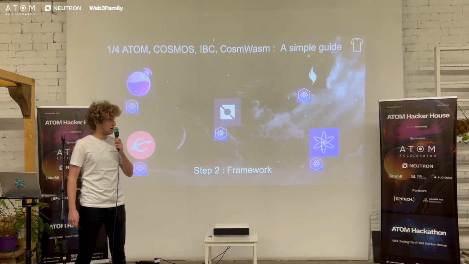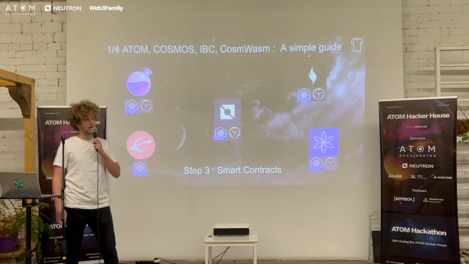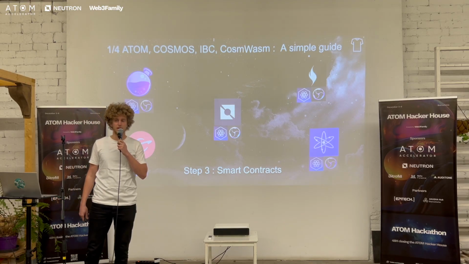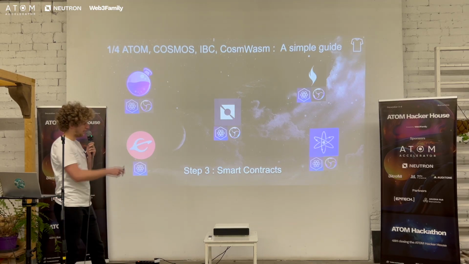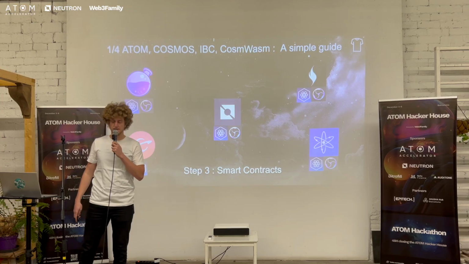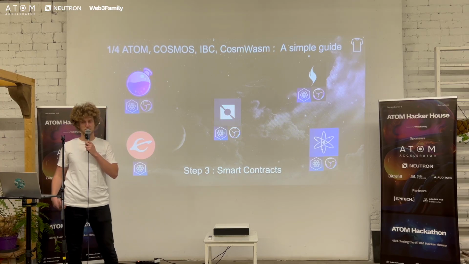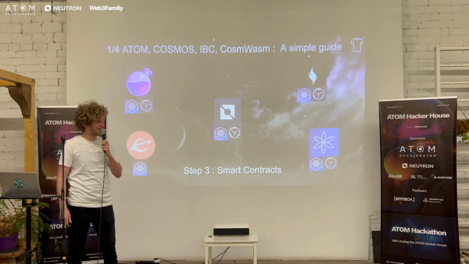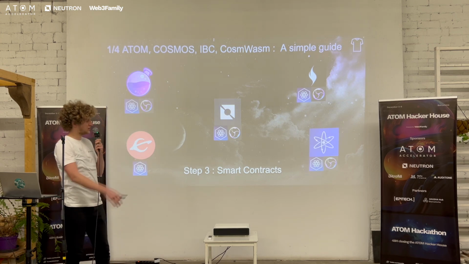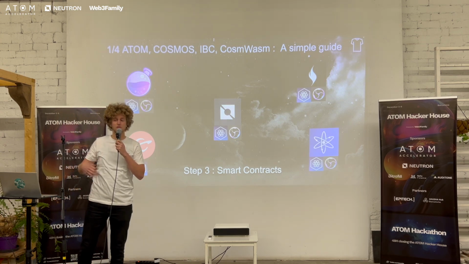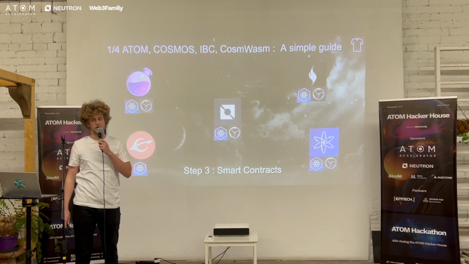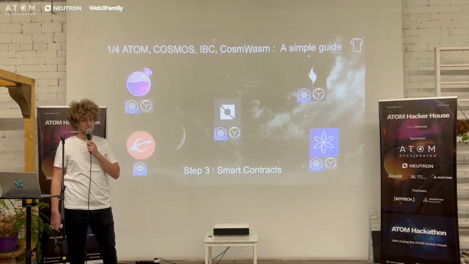But then, all of those chains don't have the same applications on top of them. For example, here on the left, we have Evmos, that is an EVM-based Cosmos SDK blockchain. But all of those other chains have CosmWasm on top of them. And CosmWasm is a smart contract framework in Rust, which is fun to use.